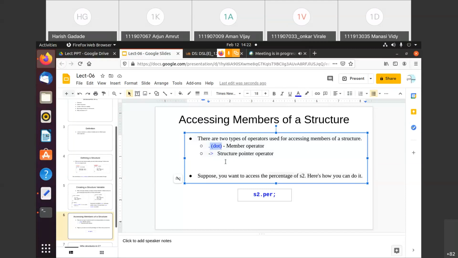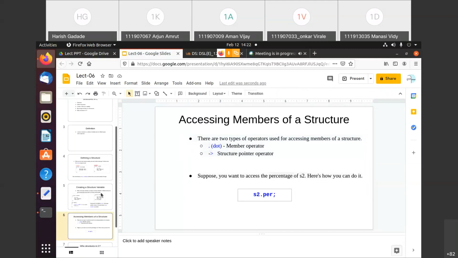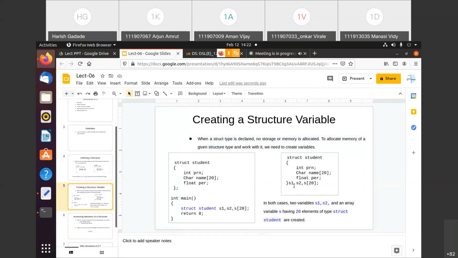And using the dot operator, suppose, see, as for the variables, that example I just took here, suppose you want to access the percentage of S2. So how can we access it? See here, S1, S2, and S of 20, these three are the variables. Now consider S1 is the name of a student, S2 is the name of a student, and this is a group of students, we can say.